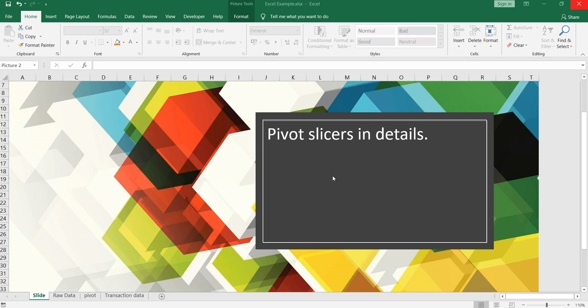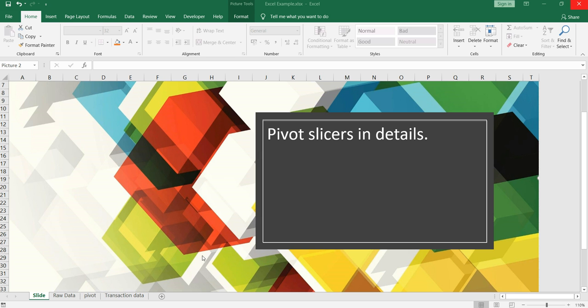So when I say slicers, you might be thinking, okay, it's a fancy name for filters. It is, but it's more than filters. Slicers are actually visual filters, and when you use a slicer, you can filter data in a pivot table or pivot chart by clicking on the type of data you want to reflect within your data set. For example, if you want to show the data for a particular country, you can click on that country name within the slicer and the entire data set will get refreshed based on your selection.